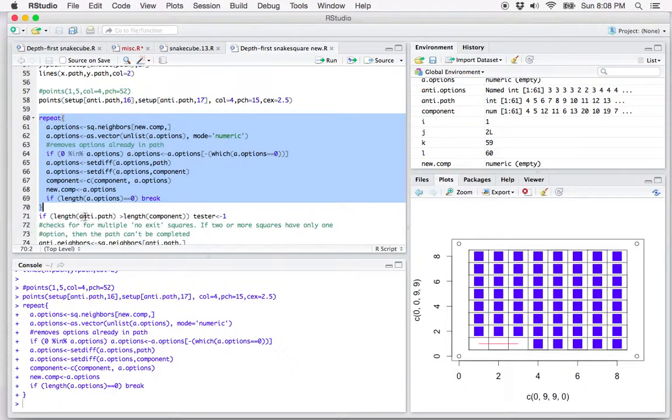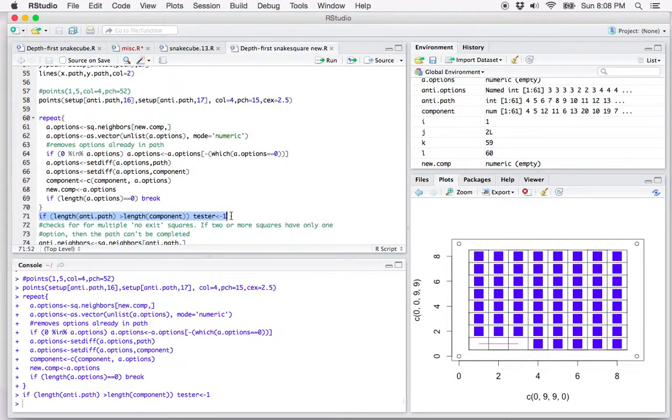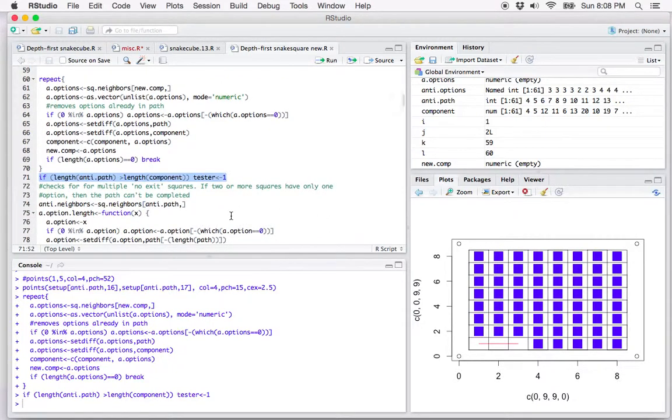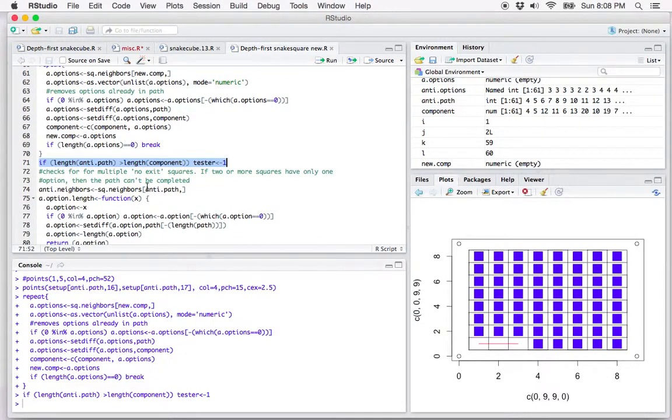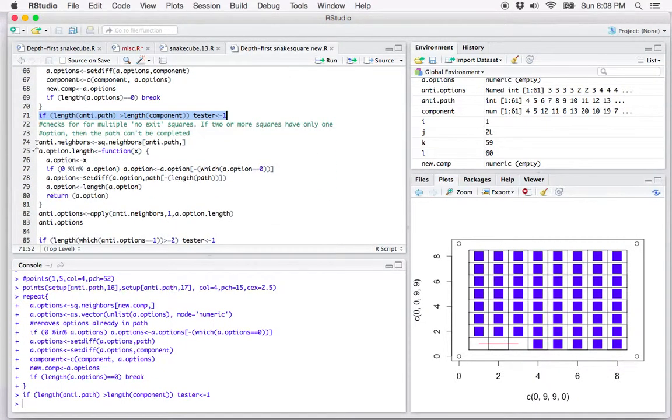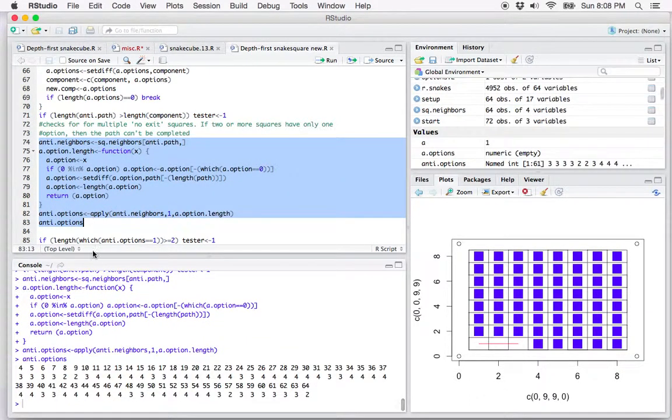It says if there are more in the ANSI path, which would be all the blue things, than there are in one connected component, then you need to turn the tester true, which means backtrack. And then also, the next thing is looking for, so let me show you here. Basically, it looks through all the options. So of all these,